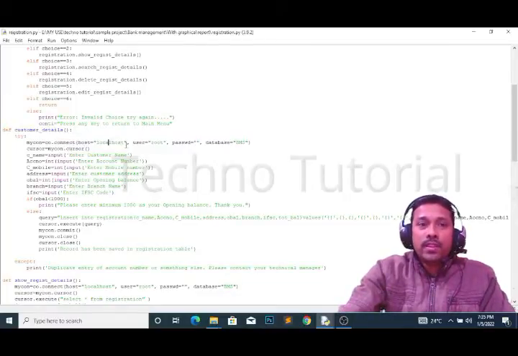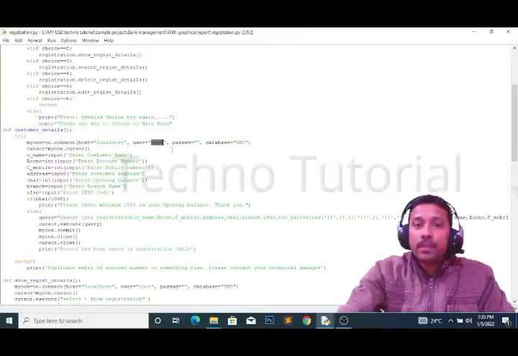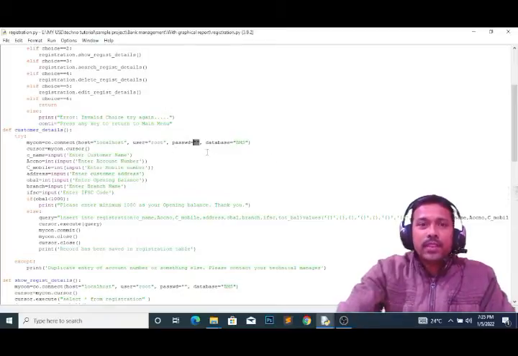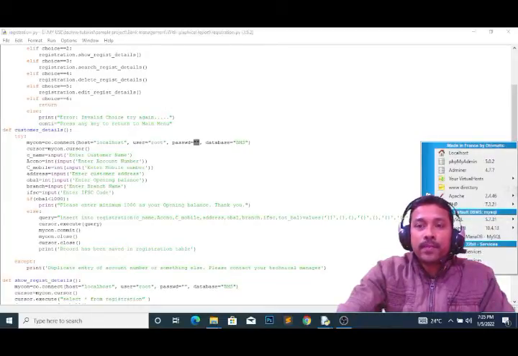Localhost means this PC where I am working now, and root means the username of MySQL, and the password is blank. Blank password means there is no password in MySQL. Now I'm going to show you how it is. This is the WAMP server, already open. Just click here, MySQL is there.